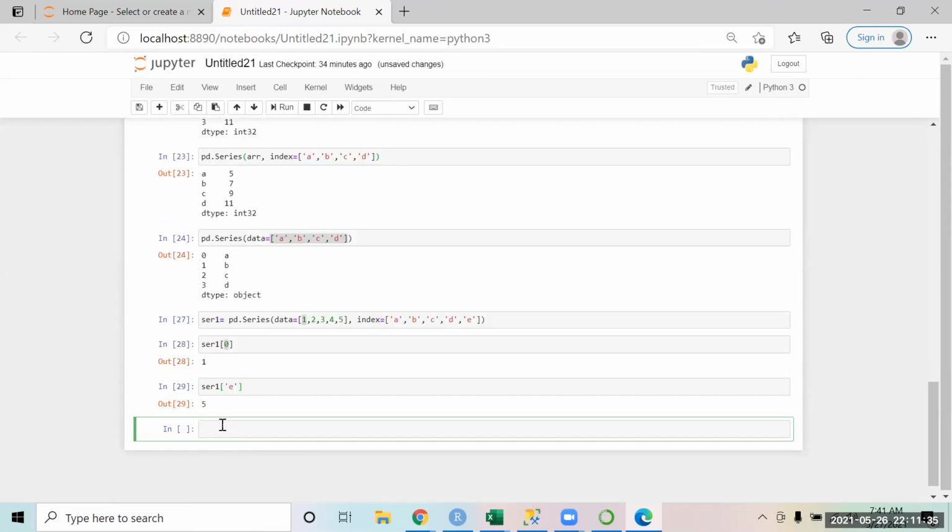So you can use both of the things in order to do that indexing. I hope you are all able to do it.